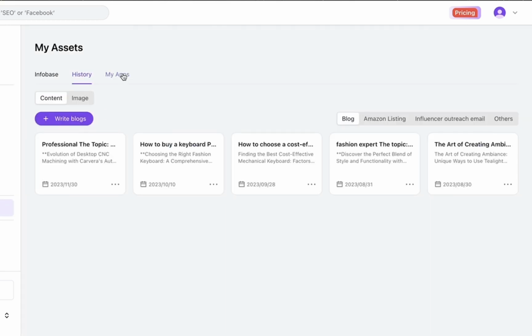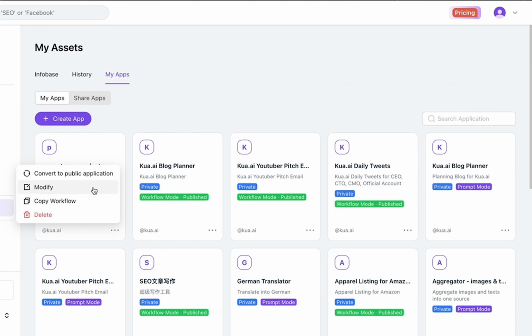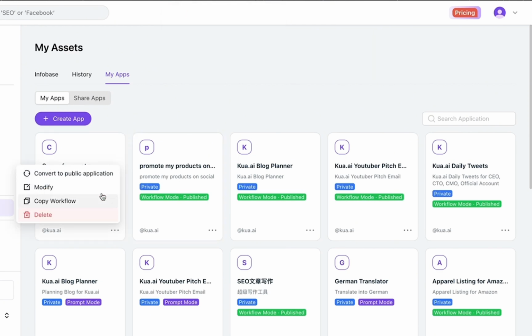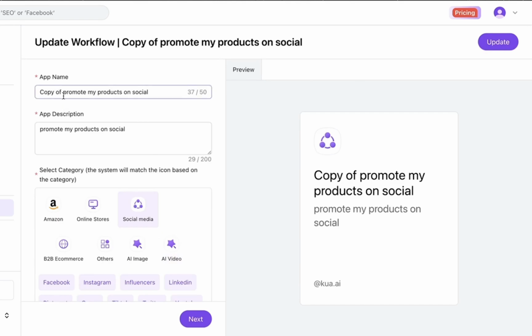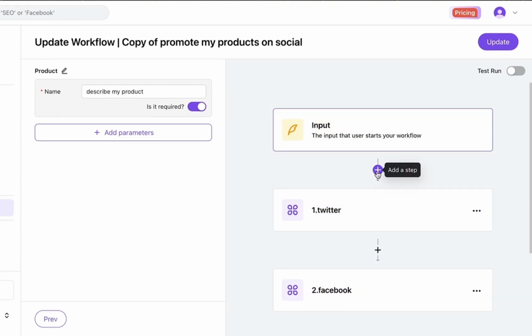And so we go back to the prompt, the workflow application we just created, and we can copy that. So that's a copy of the workflow we just built, and then we can modify this, right? And I will just leave it the same for a test. You can revise anytime you want. So these are the steps. For example, I want this to be more sophisticated. I can add,